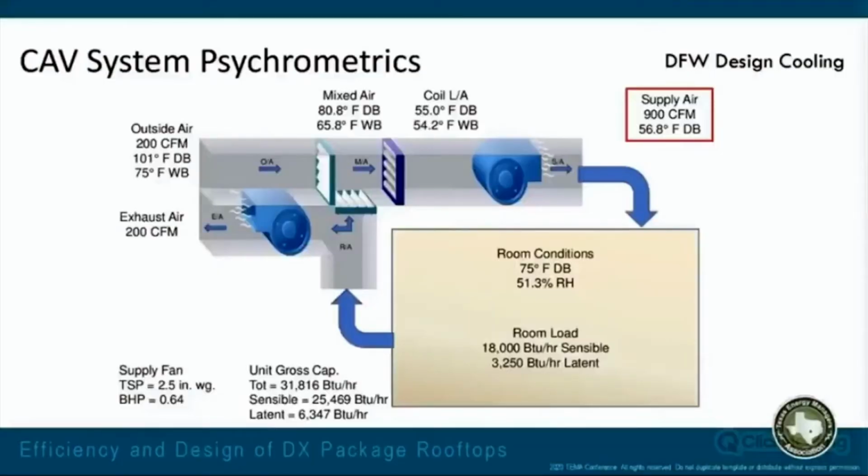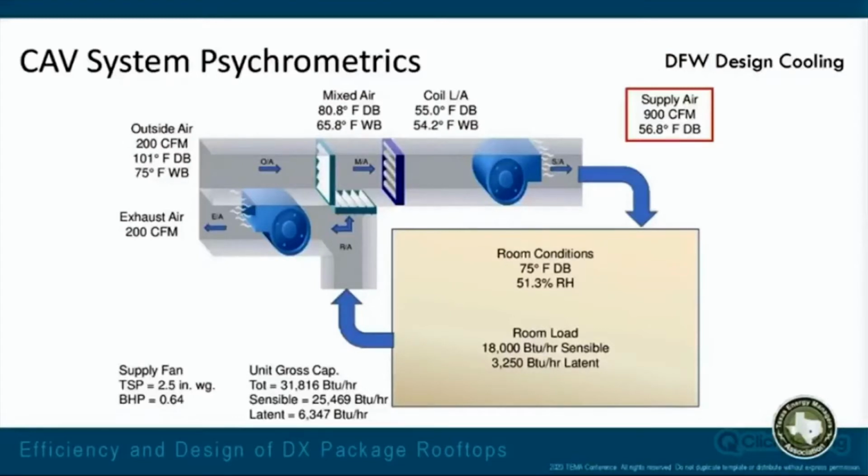Well, I mentioned before that we always use 400 CFM per ton on equipment, and there's no real good reason for just using 400 CFM per ton. So in this case, I decided what happens if we drop that to 300 CFM a ton, and we're going to run 900 CFM of supply air. Now our supply air temperature drops down to 56.8 degrees, all else being equal. Still have the same 18,000 BTU per hour sensible, 3,250 BTU per hour latent load, and we're at 51.3% relative